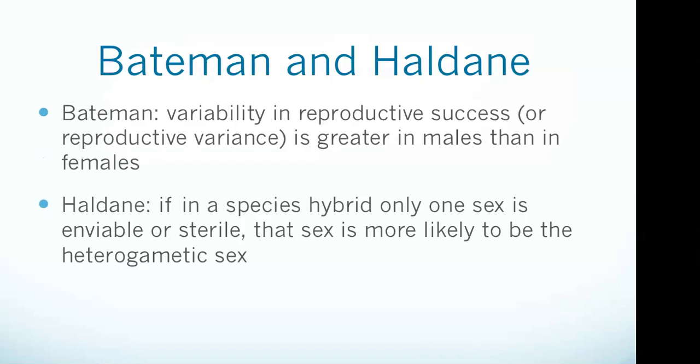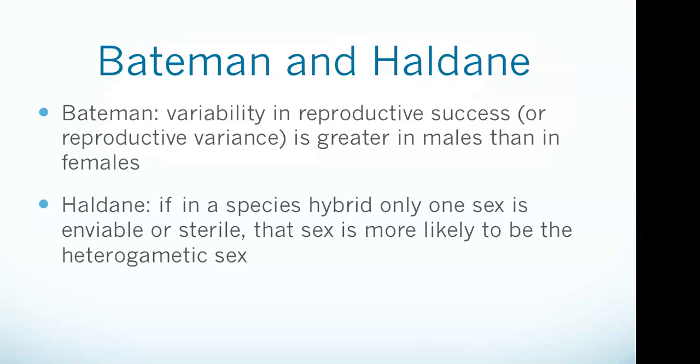Bateman's principle in evolutionary biology is that in most species, reproductive variance is greater in males than in females. His name was Angus John Bateman. He lived from 1919 to 1996, and he was an English geneticist. Bateman suggested that since males are capable of producing millions of sperm cells with little effort, while females invest much higher levels of energy in order to nurture a relatively small number of eggs, the female plays a significantly larger role in their offspring's reproductive success.